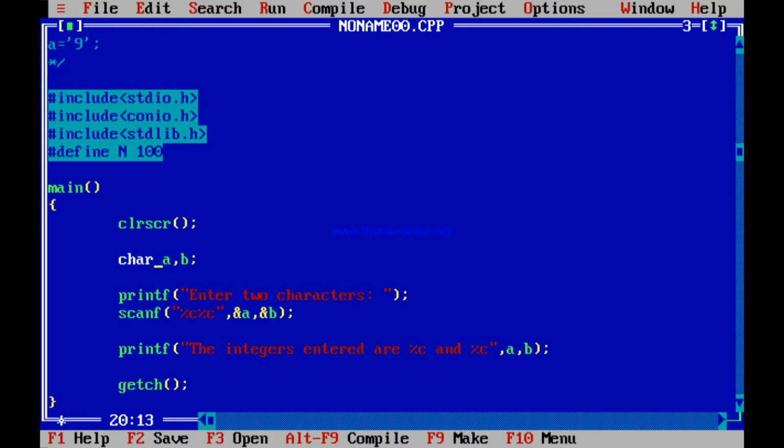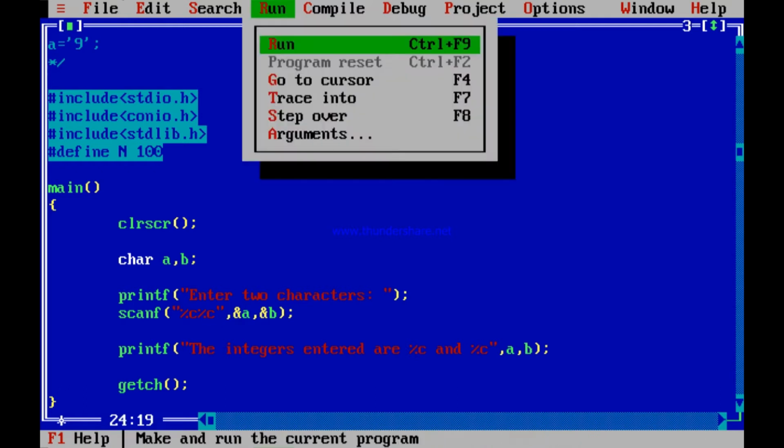Please understand what I mean to say. When you are asking to scan a character, it will only scan one press of the keyboard. Whatever you have entered, maybe A, maybe W, maybe C, maybe Y, whatever. That one press of the keyboard, whichever character you have entered, that will be scanned if you scan a character. The space will not be benefiting because space itself is also a character. I will try to explain this.